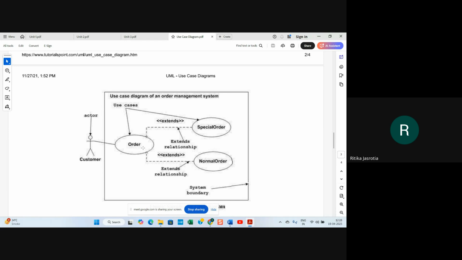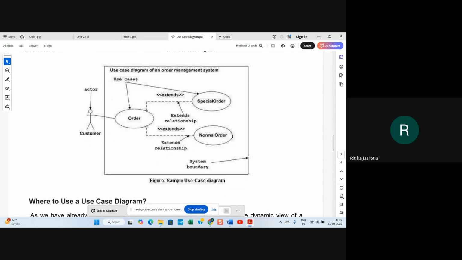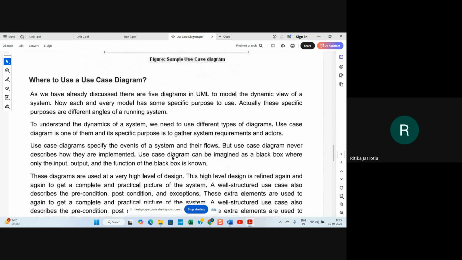The arrow points to the order; special order extends order, and normal order extends order, with a dotted line pointing to the order. This is an extend relationship, and the customer is the actor. This was the example shown in your book. This is a simple use case. The extend relationship is shown here.